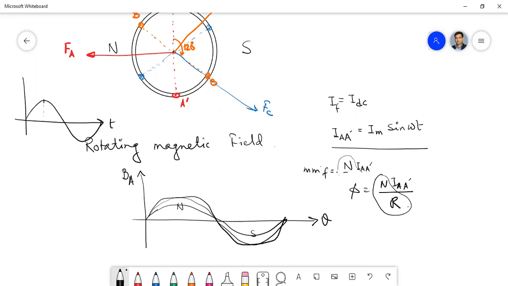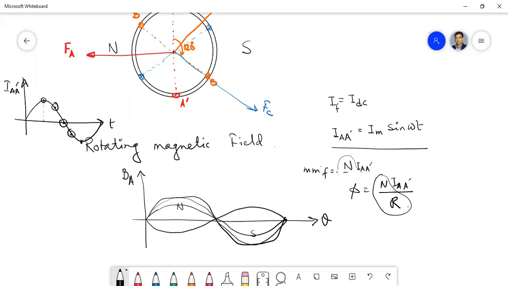Now for this current, if you plotted the previous one for this current, the amplitude will be reduced, isn't it? The North Pole and South Pole will be the same, but the amplitude will be reduced. At this value of current, this is your IA prime current, it will be flat. You will not have any North Pole or South Pole. For this value of current, what will happen? Instead of North Pole, you will have some South Pole.